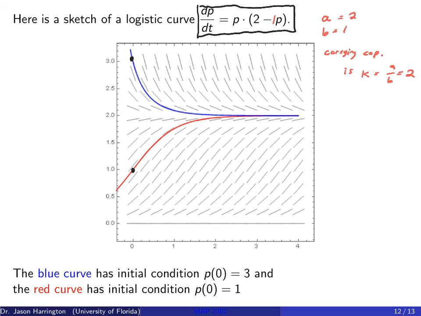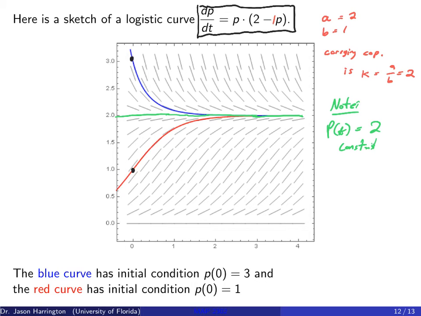And so you can see that on this line where 2 is, you have this carrying capacity. Now, just like any model that you have, you'll also note that the solution P of t equals 2, just a constant function,